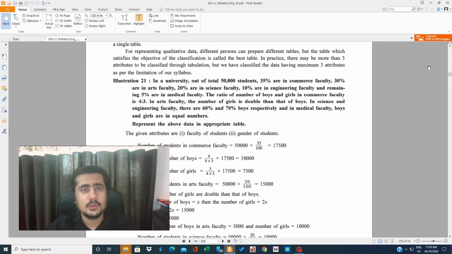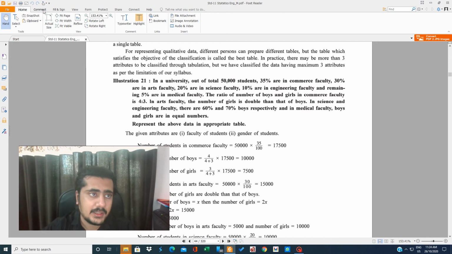As I told you in the first lecture of tabulation also, the very first thing is you have to consider how the table is going to be made. What are the rows? What are the columns? That is the main thing. First of all, you have to prepare a table. After that and only then can you analyze the data, put the data in sequence, put the figures in, and balance the table. That is the secondary part. The very first part is how to prepare a table.